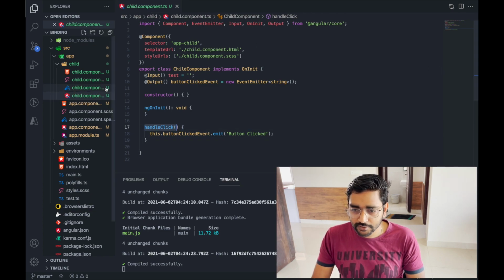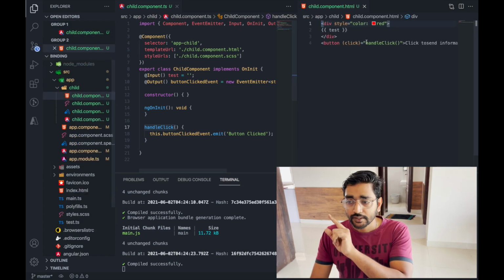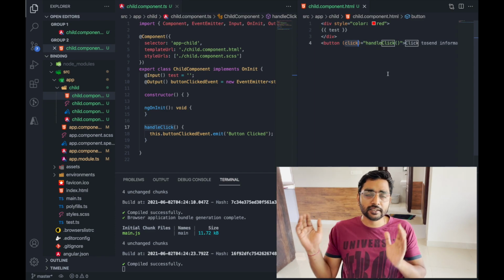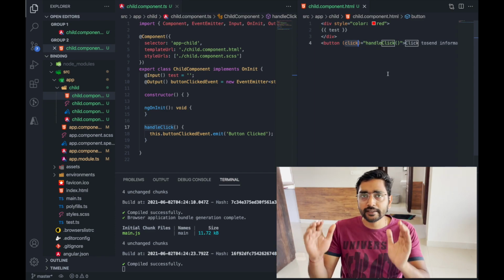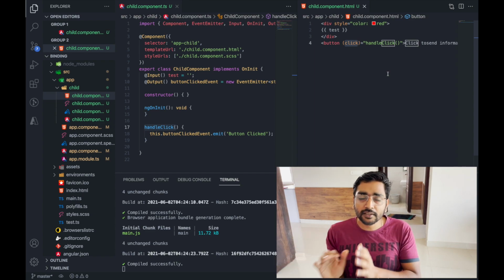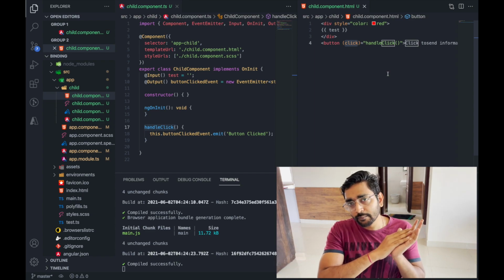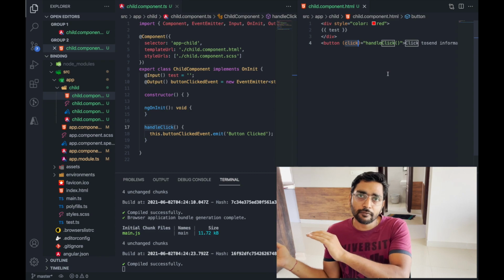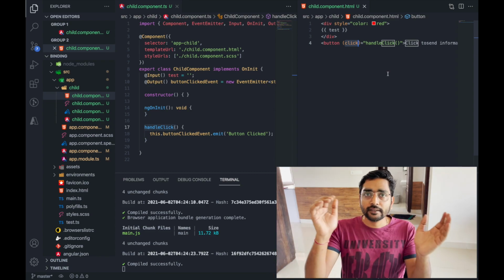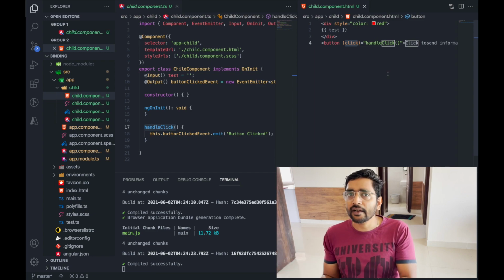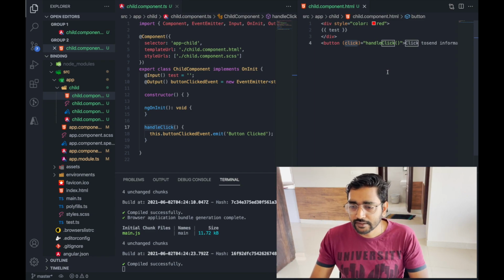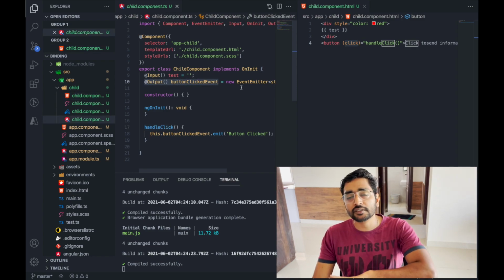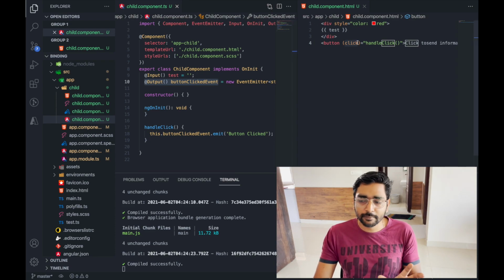Let's show this side by side. This is the first one, where the button click event is handled, and everything going from HTML to the TS file is in small brackets. You have to remember there are three kinds of brackets. Square brackets are used when information goes from the TS file to HTML. Small brackets are the ones where information goes from the HTML file to the TS file, and you can imagine these as an event, something that happened there. In the child component we have written another event, a custom event, while the click event is generic in Angular.